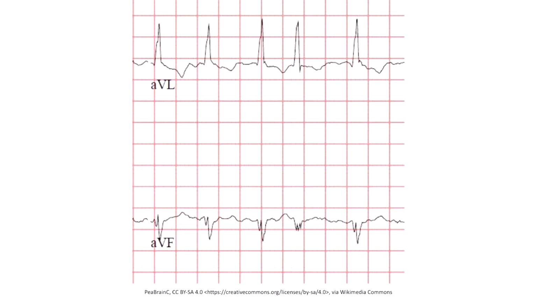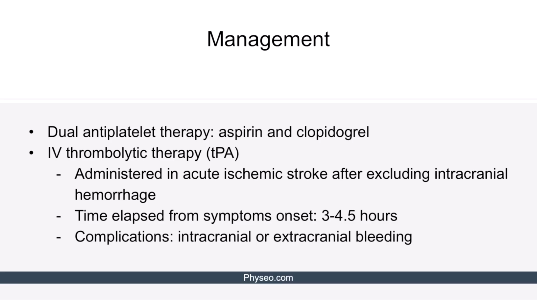Here we see the typical ECG findings of atrial fibrillation. Please take notice of the oscillatory waves, absent P waves, and an irregular rhythm. Let's recall that atrial fibrillation can predispose a patient to ischemic stroke due to possible thrombus formation in the left atrial appendage. Once we confirm an ischemic stroke, we should administer antiplatelet agents, namely aspirin and clopidogrel, because they work synergistically and prevent further thrombus formation. This combination of aspirin and clopidogrel is often called dual antiplatelet therapy.